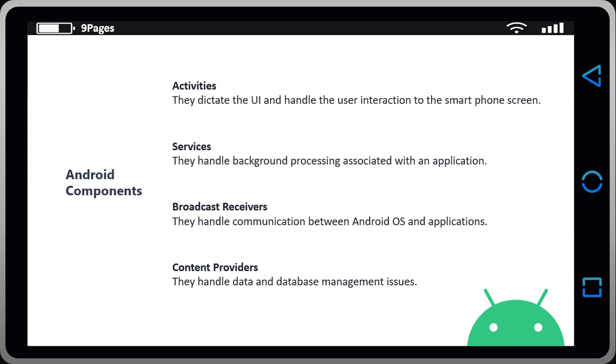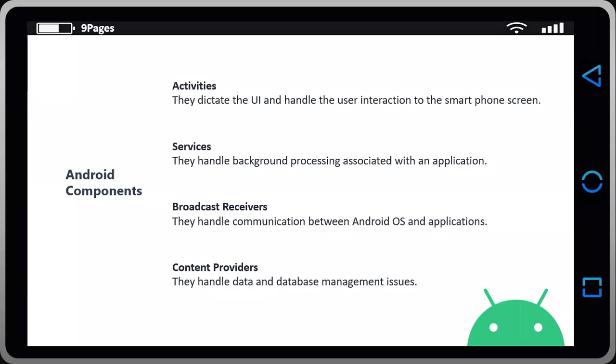Now, secondly, we have services. Services are the operations or various tasks which are performed in the background. Services don't have any layout or UI. We can say that a service is a component which runs in the background to execute some operations.